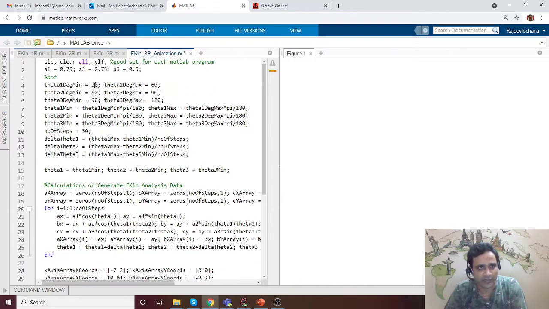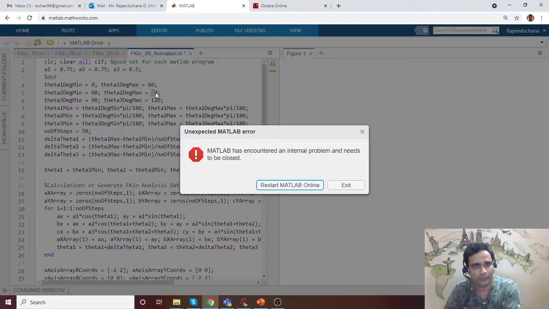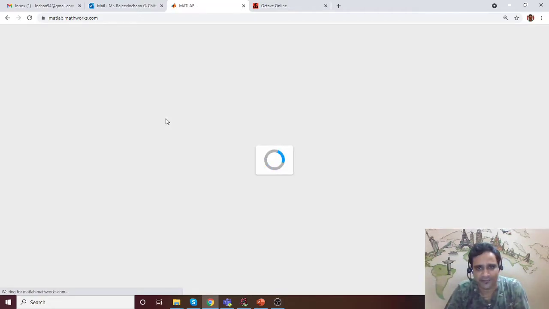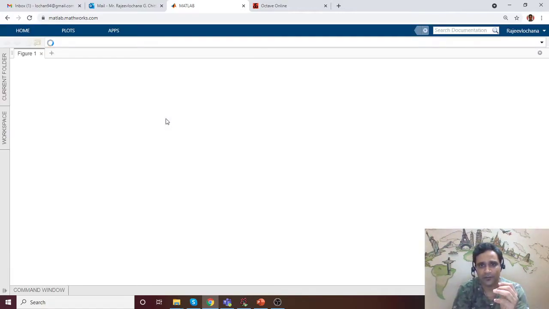And obviously you can change the joint angles. I can go from 0 to 60, maybe 60 to 120, and similarly you can have different sets of joint angles, and accordingly the robot will move. Similar data can also be generated in RoboAnalyzer software. So you can export this data and verify whether the same is the case with the RoboAnalyzer software.